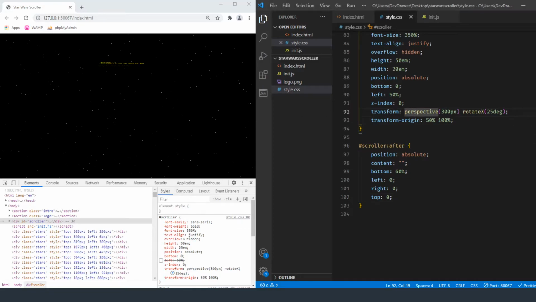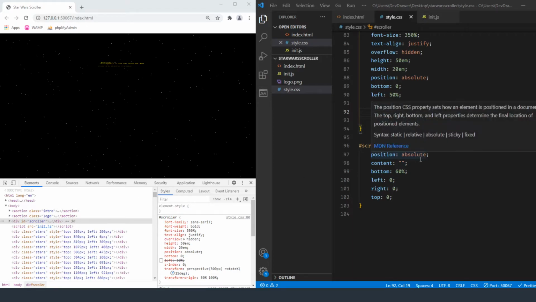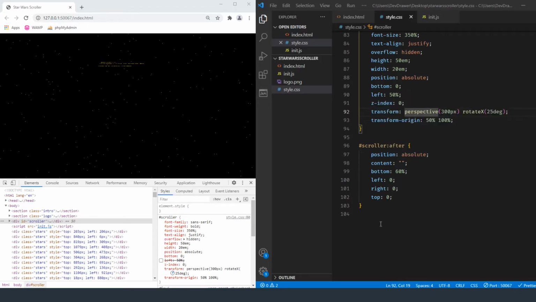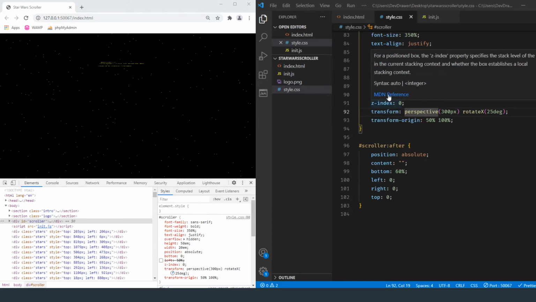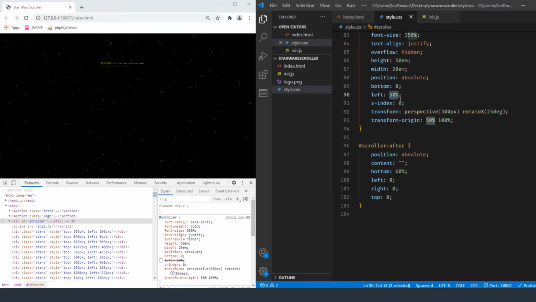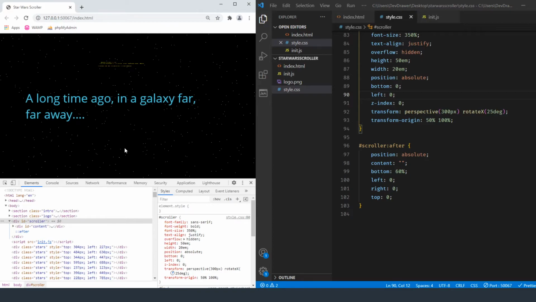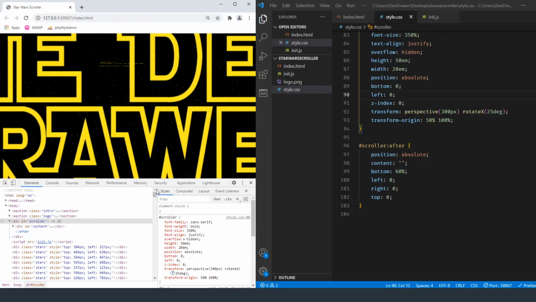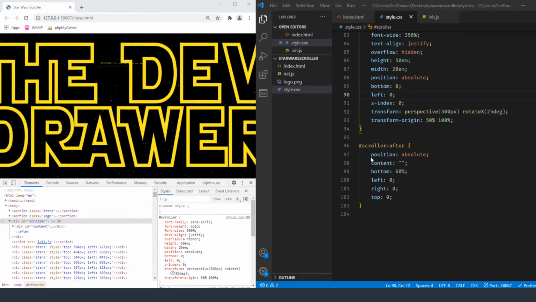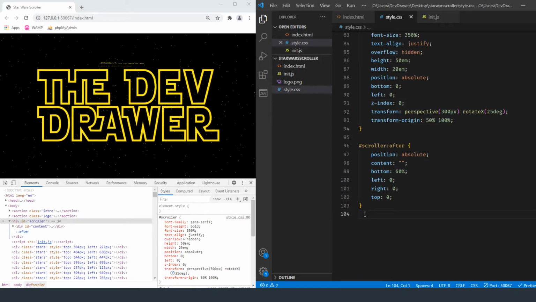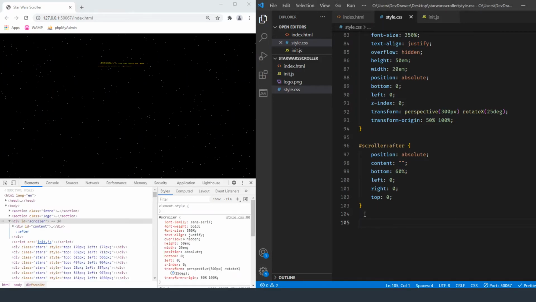Okay, I think I know what I did. Left 50%, bottom 0. Why is it? Okay, I'm going to change this for a second and see why that seems to be the issue there. Alright, well, let's just roll with that and we'll get to the animation of it. The animation may help me figure out where my thoughts were with that.